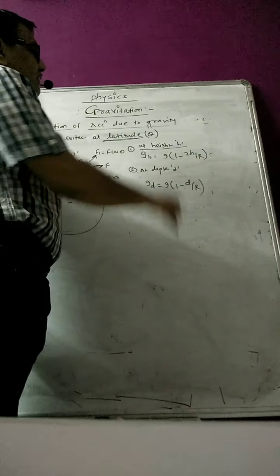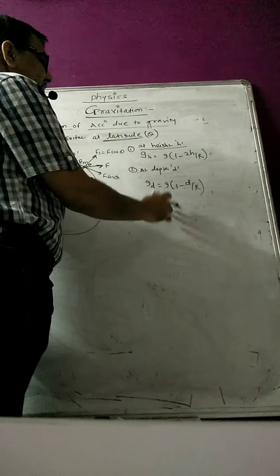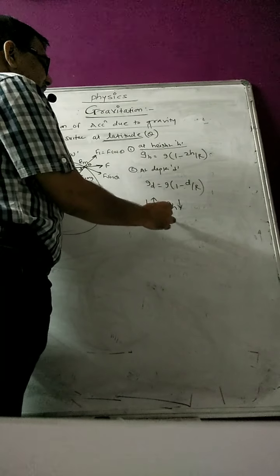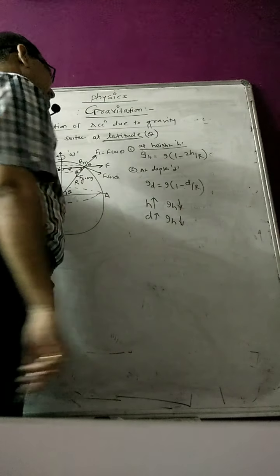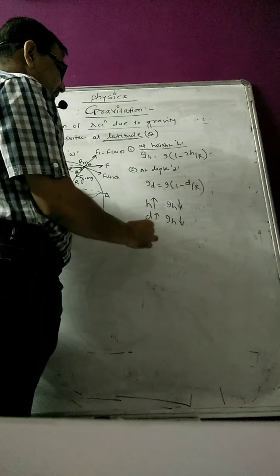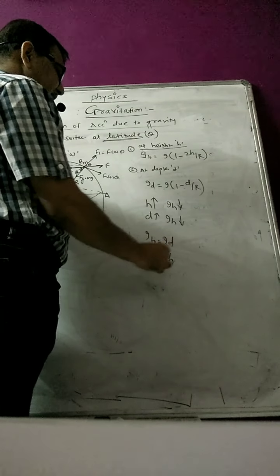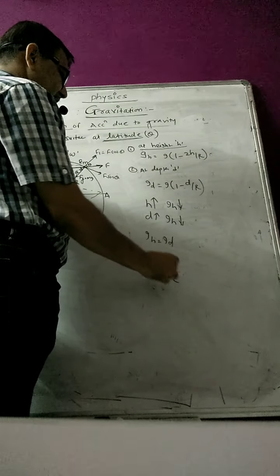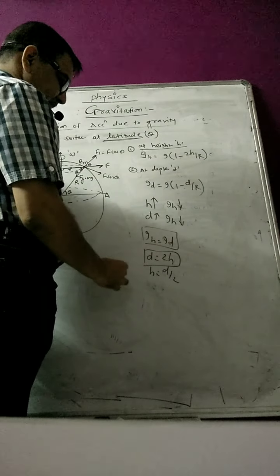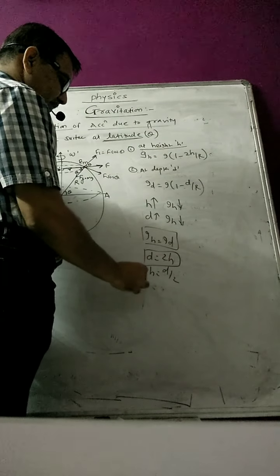ओके, या दोघं केसमध्ये ॲज एच इन्क्रीजेस तुमचा जी एच विल बी गोज ऑन डिक्रीजिंग. Depth increases, GH will be goes on decreasing in both the cases. Okay, आणि मुलांनो at what point GH is equal to GD, so D is equal to 2H or H is equal to D by 2. So that is the point where both the gravities will be same. Third point which we have calculated for the latitude,